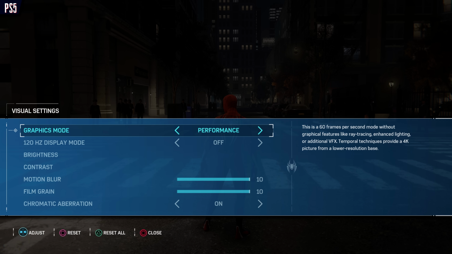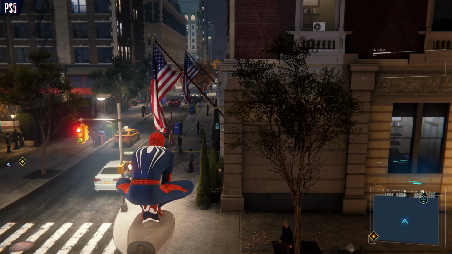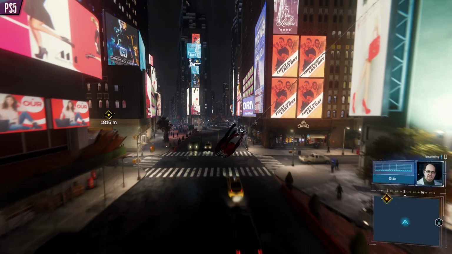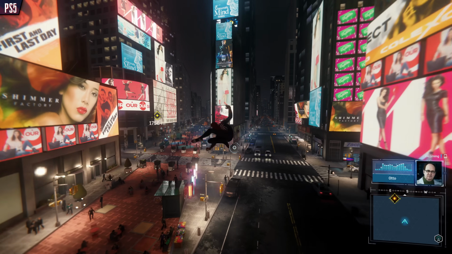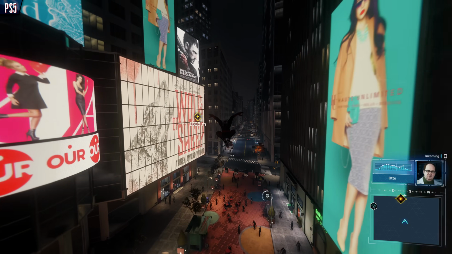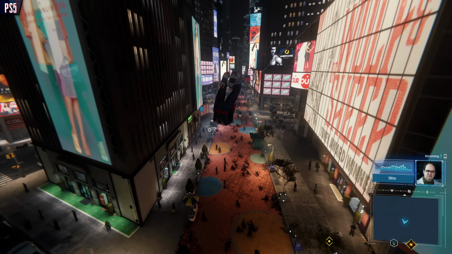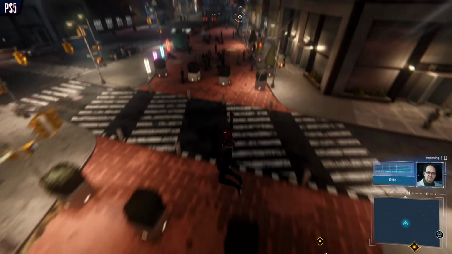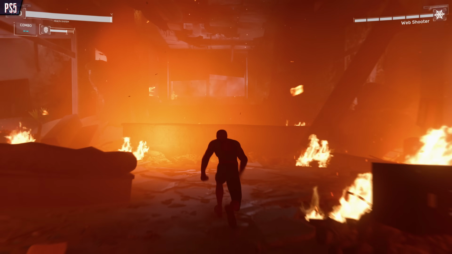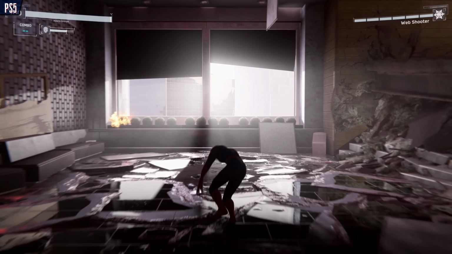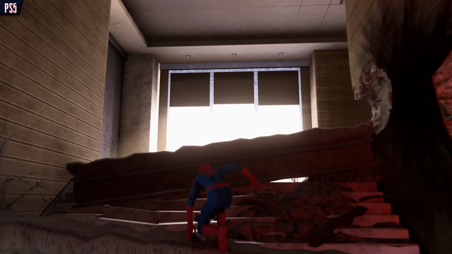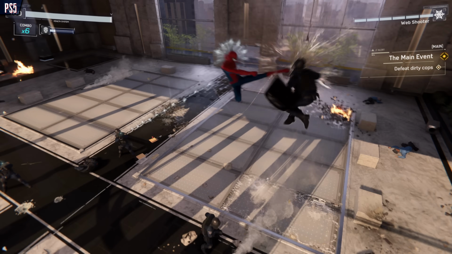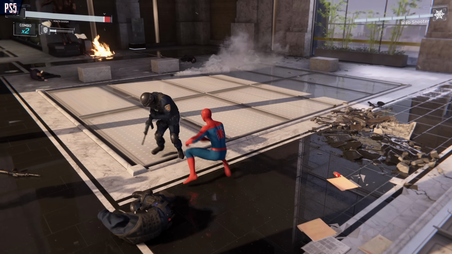Other options available include a 60 FPS performance mode that utilizes a dynamic resolution to maintain its higher frame rate, and a performance ray tracing mode that maxes out at around 1440p but retains some of the advanced ray tracing reflections seen in the Fidelity mode, all while maintaining a similarly high performance average. For players running on a compatible panel, Spider-Man on the PS5 also sports an even more aggressive 120Hz mode that, thanks to an even subdivision, bumps the maximum frame rate in Fidelity mode from 30 to 40 FPS, making for